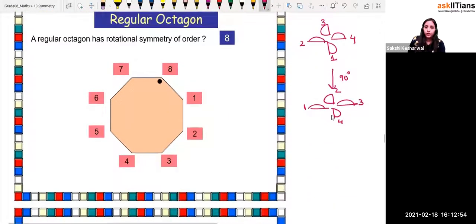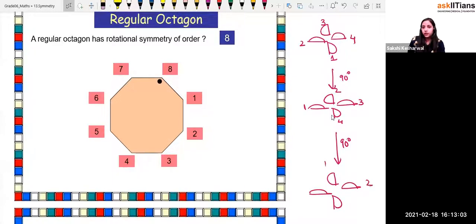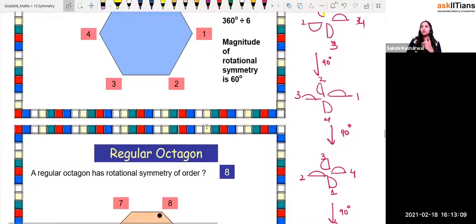Now we go again another 90 degrees. So this is like this, like this, like this, and like this, right? So 1 will come over here, 2 will come over here, 3 will come over here, 4 here. So what is the order of rotation? The order of rotation is equal to what, beta? 4. So it's not necessary that the figure is symmetric or not. Where you're rotating, you just see at which angle you have rotated to get the original position back, and in how many rotations, right? So that is known as what, beta?